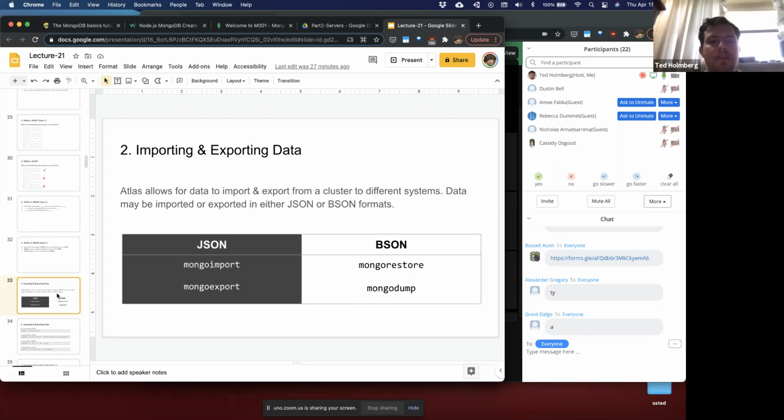Atlas allows for data to be imported and exported from a cluster to different systems, which is super critical because your actual server is probably going to be hosted on Heroku or some other cloud platform. And so data may be imported or exported either in JSON or BSON formats. That's the beautiful thing about the MQL, the Mongo commands, is that we can either